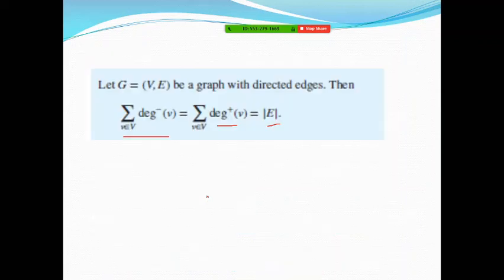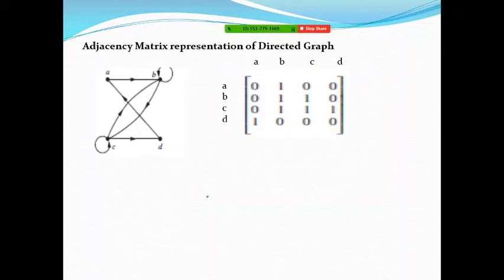There are so many results which are defined with respect to directed graphs. In some books, they have even defined Euler graphs and connectivity in graphs in terms of these directed graphs. For your knowledge sake, you can study all those literatures, but from the examination point of view, I think this is sufficient. And there is another algorithm, for which we need to see how these graphs are represented using matrix representation.